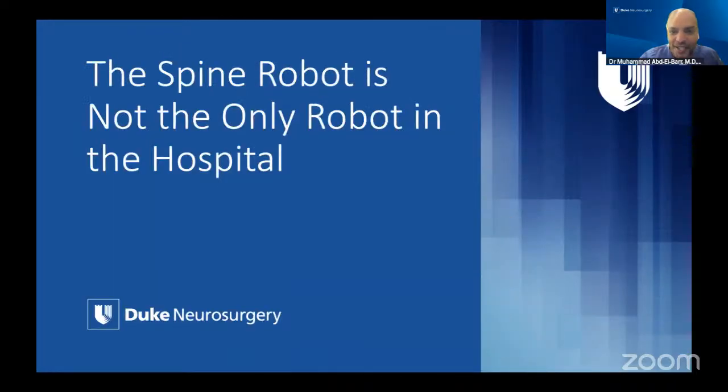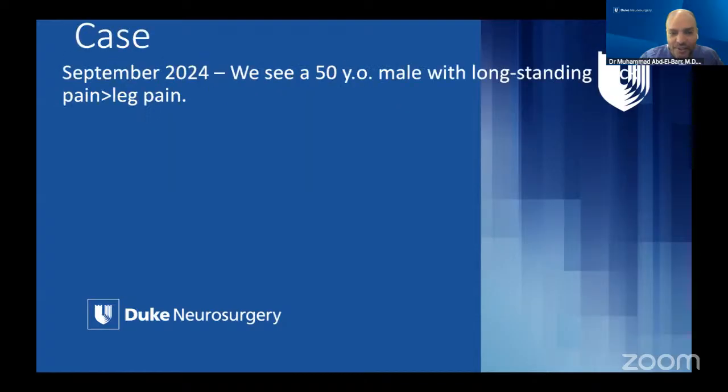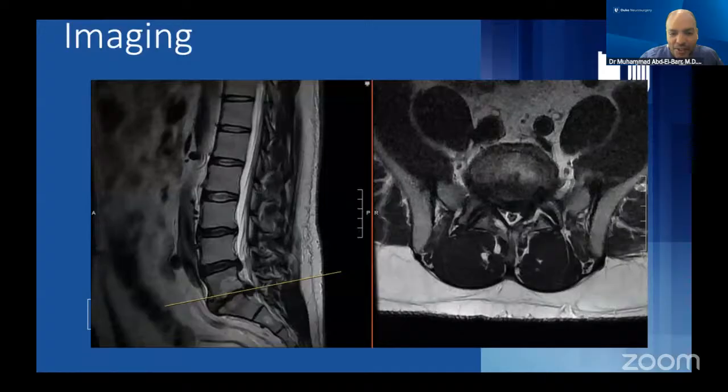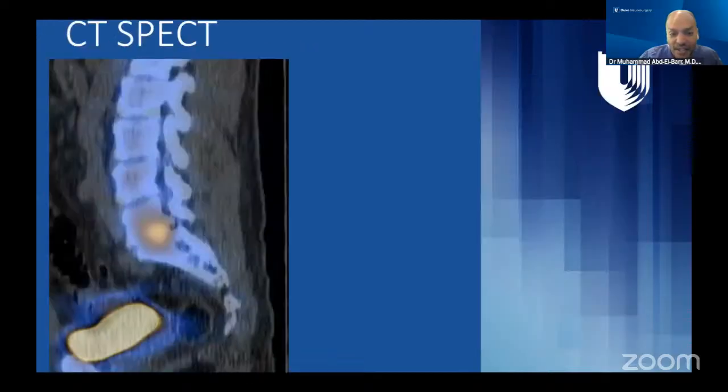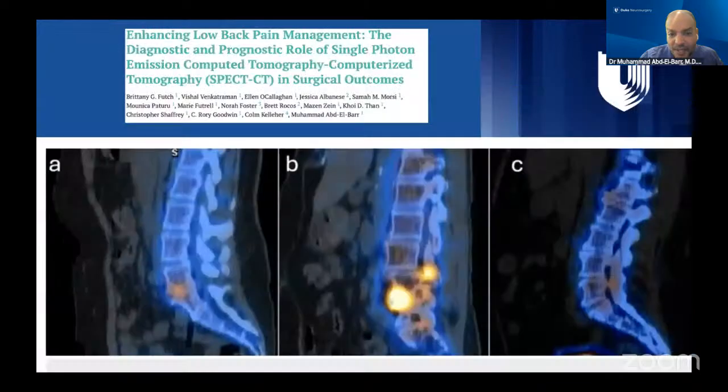So my brother is actually a pediatric urologist, and he uses the robot, but a different type of robot. And so I started to think about, can we use the Da Vinci robot also for spine surgery? So here's a patient, he's got a degenerative disc here at L5S1. We started to look, he doesn't have a spondylolisthesis. So some people say, well, do you even need to treat this? So we've actually started to use CT SPECT to look at whether we think that this is a pain generator. And this is work that was done by a medical student and now is a resident here.